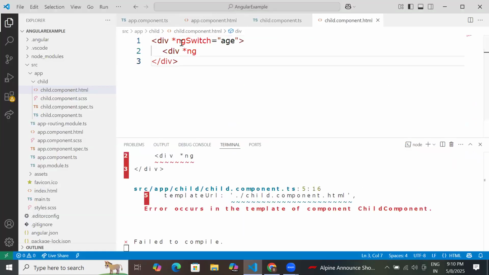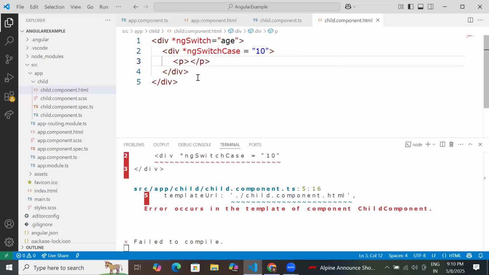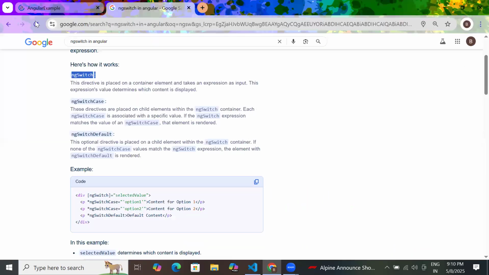Now if you go here, *ngSwitch equal to the age variable. ngSwitchCase is equal to 10. Now inside this, I'm having a paragraph tag: Age is 10 years. Okay. Now if you go to the UI,